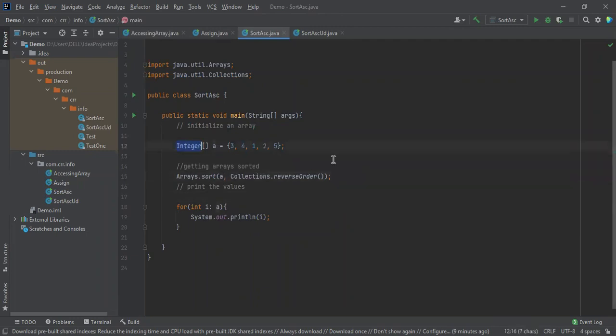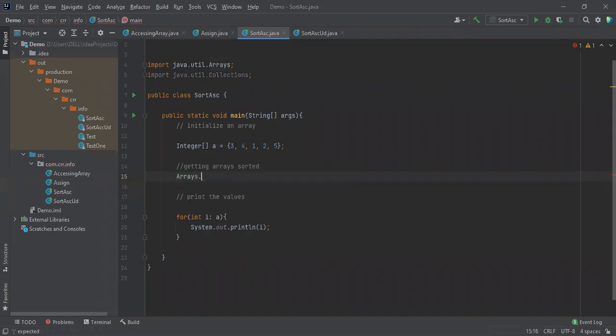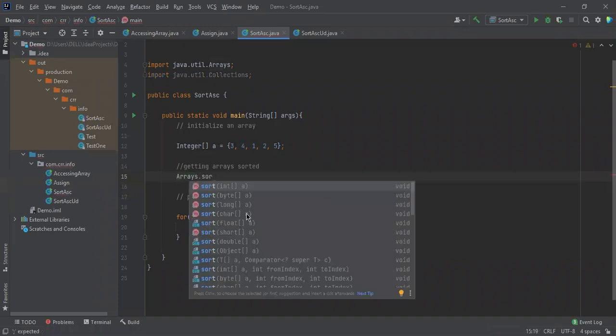If we take a primitive data type here, we get an error. Actually, one of you just asked about the issue. So why is it not allowing? Let me show you one thing. The issue was with the sort method. See, these are all the arguments available. Listen carefully. If it is a single argument, it allows a primitive data type. So what are all the primitive data types it consists of?